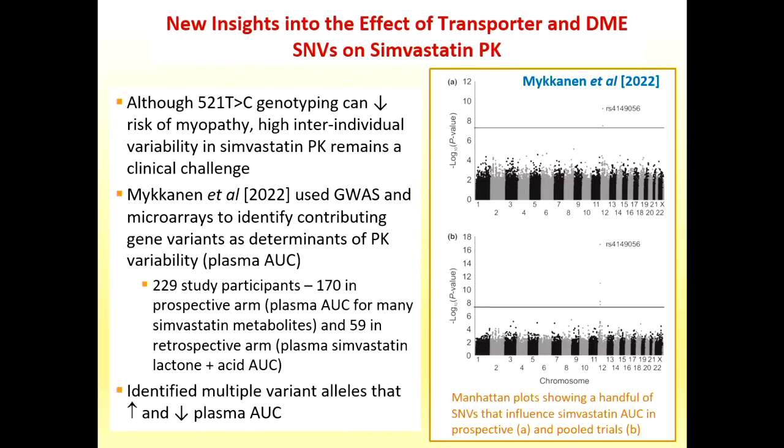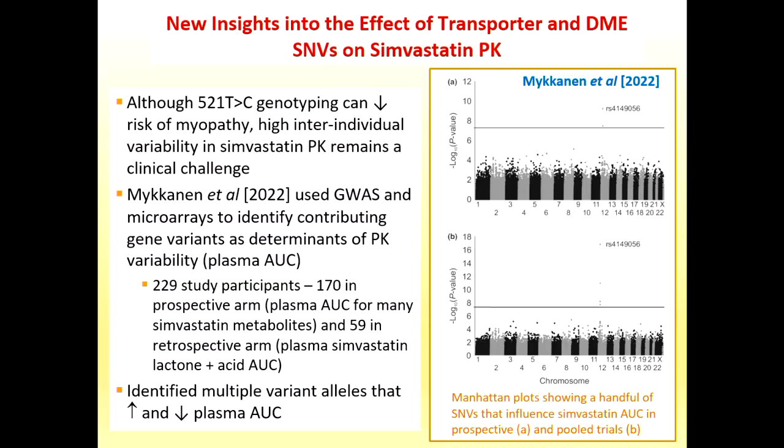Okay, like I said, that was 15 years ago, and on the basis of that knowledge, pharmacogenomic testing was implemented in a number of countries, and they began looking for people with these SLCO1B1 variants, to see if they could minimise the chance of myopathy in those patients. But also what people found was that just genotyping at that site, that 521 site in the gene, you can reduce the risk of myopathy, but nonetheless there's still a lot of inter-individual variability between people in terms of